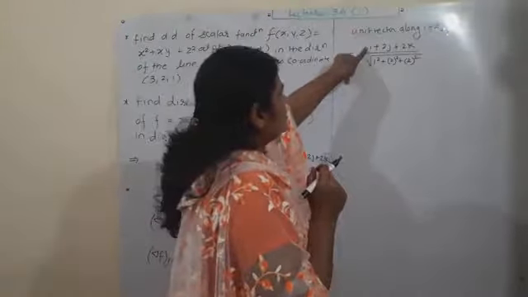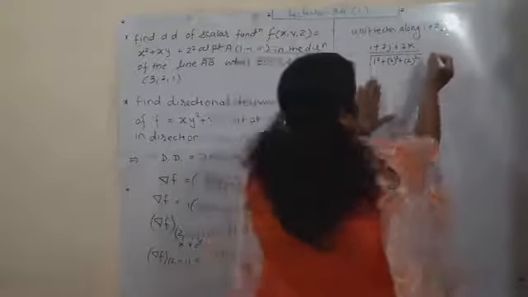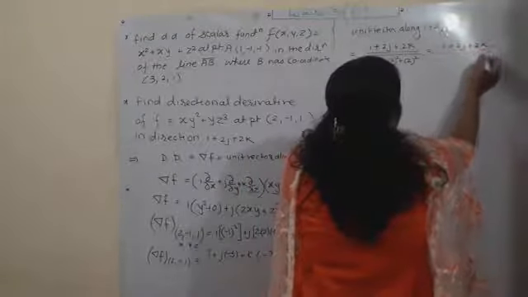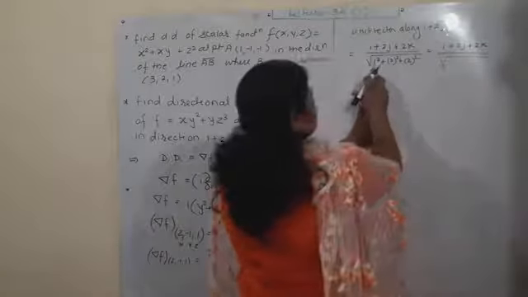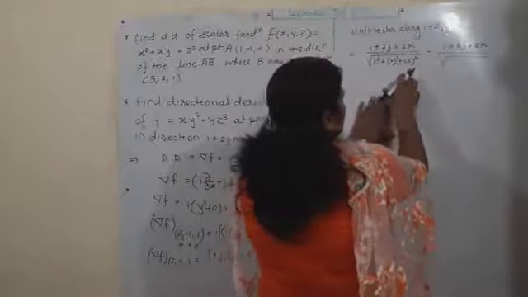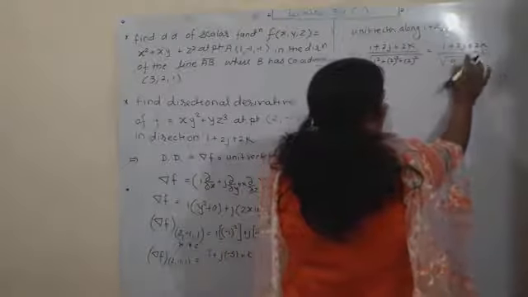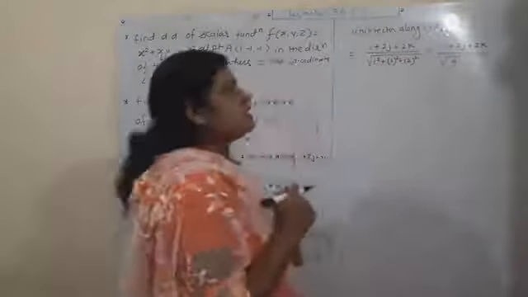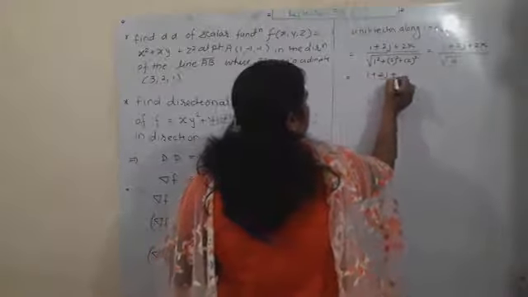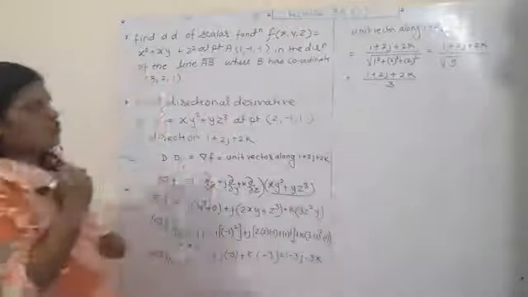You have to consider the coefficients of i, j, k, take their squares and add them. So we get i plus 2j plus 2k over the square root of 1 squared, that is 1, plus 2 squared, that is 4, plus again 2 squared, that is 4. So 4 plus 4 becomes 8, 8 plus 1 is nothing but 9, and everyone should know root 9 is nothing but 3. So that unit vector is i plus 2j plus 2k by 3. Observe it once properly.